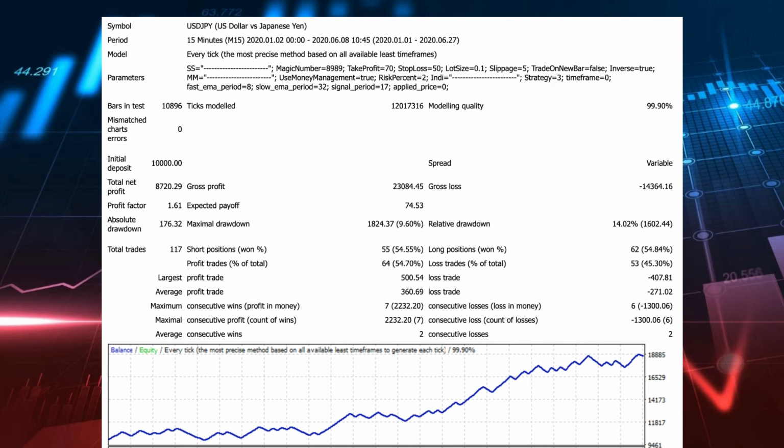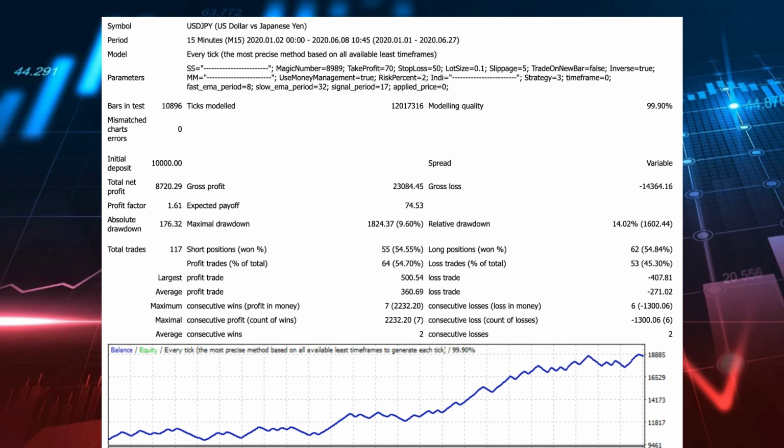The only difference is that I am using something called Tick Data Suite, which gives you far better data quality for simulation. And if you're serious about doing this, then I thoroughly recommend looking at this product, but that'll be something for another video. So going down the backtest, I'm using